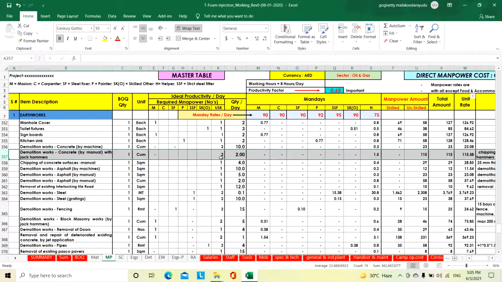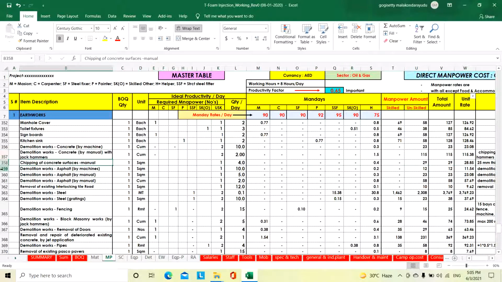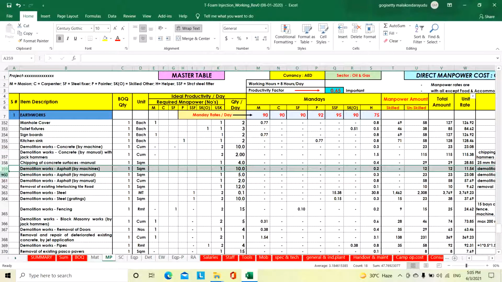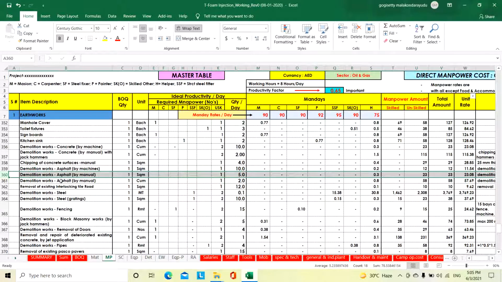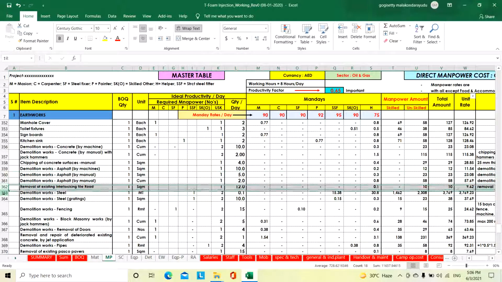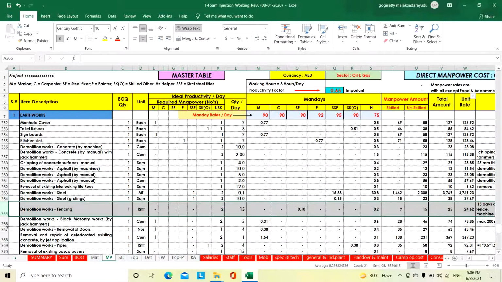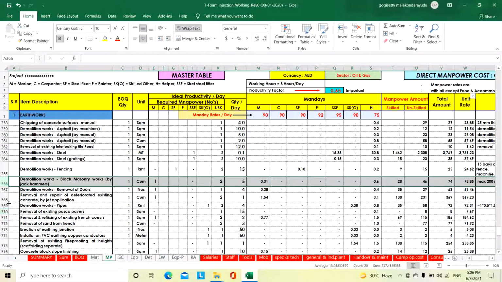What are the productivities? How much ideal manpower is required? How much quantity can they do? Then chipping of concrete surface manual. Then demolition works asphalt by machine, asphalt by manual. Then removal of existing interlocking tile, dismantling works steel, steel grating works demolition, fencing demolition, and block masonry demolition, removal of doors, removal and repair of the